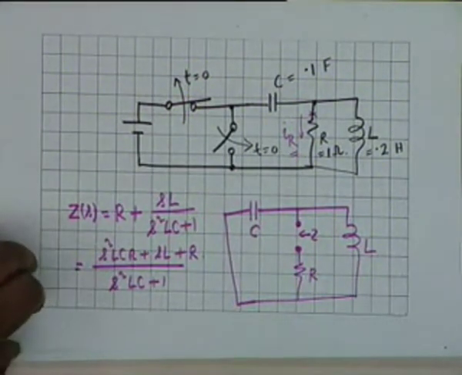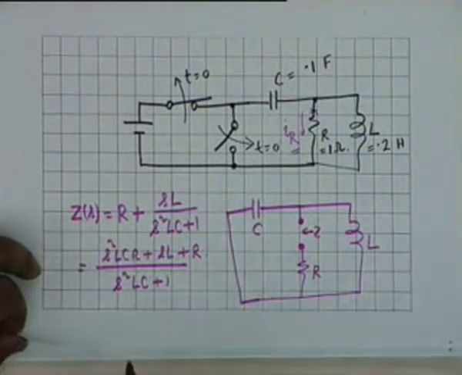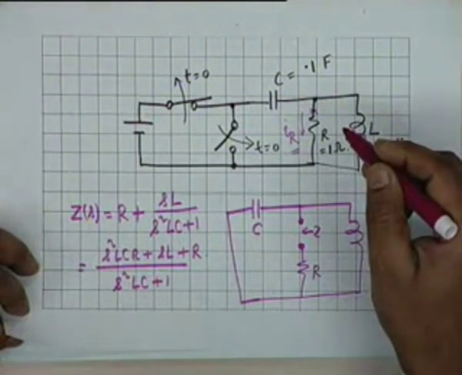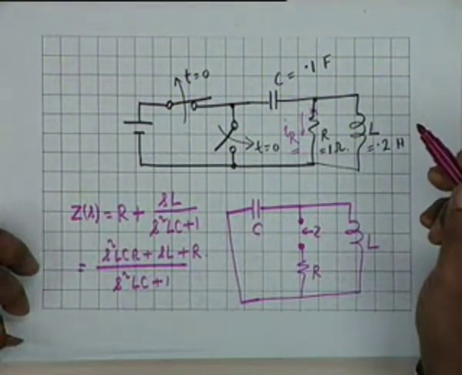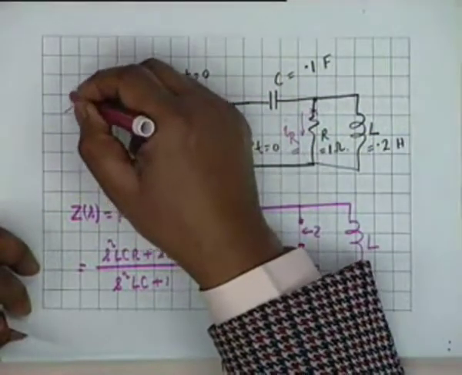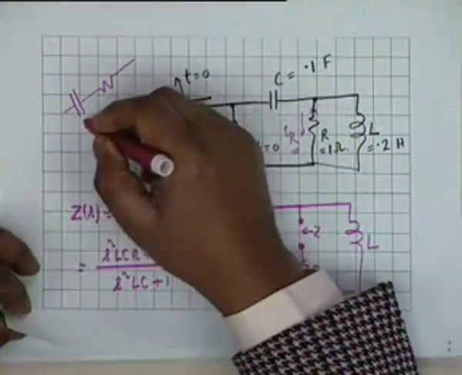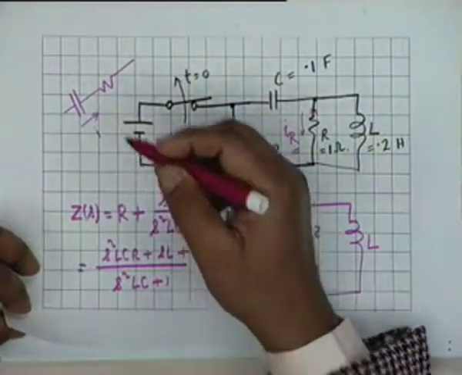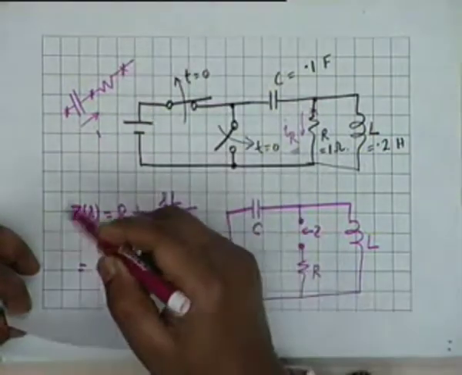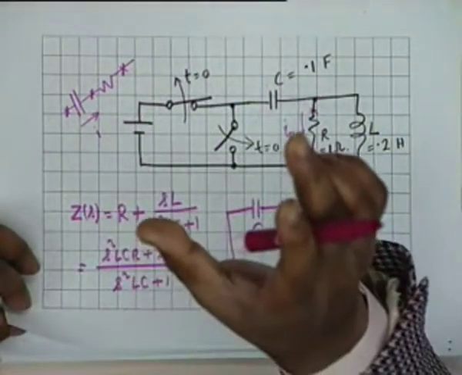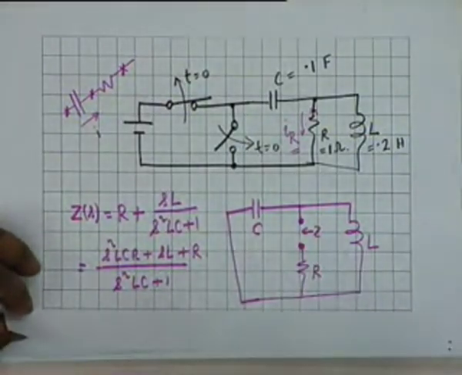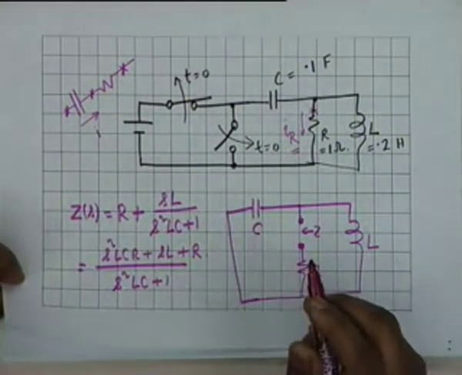Where should we make the cut? It doesn't matter where you make the break. In this circuit it doesn't matter. Suppose we have a capacitor in series with the resistance; the current has to be the same in both. Suppose you have to find the current in this, then you make a break here, or here, or here, it doesn't matter. The zeros of the impedance shall be the same. It will not matter where you make the break. Is there any other question?